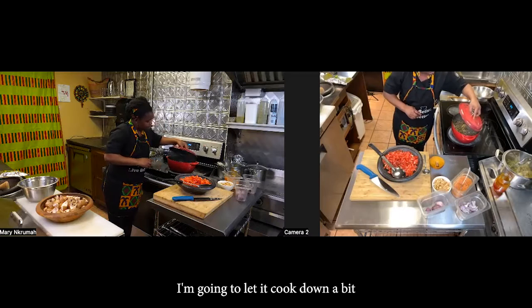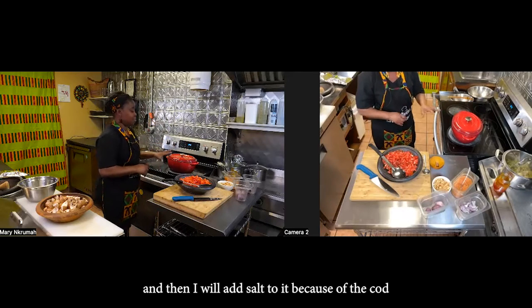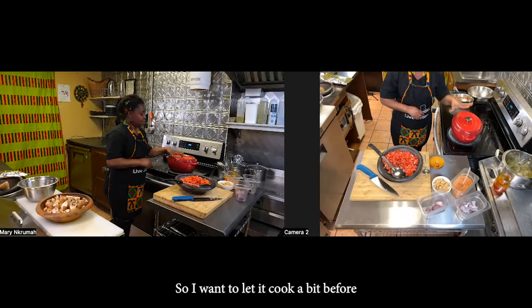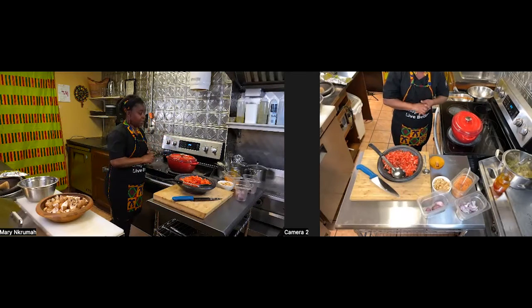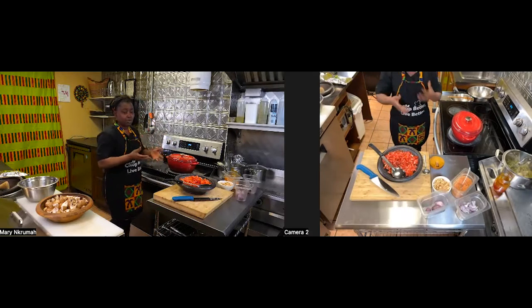I'm going to let it cook down a bit, and then I will add salt to it because of the cod fish and the salted fish I added. So I want to let it cook a bit before I play with the salt. Okay, so I'm going to do the next one,